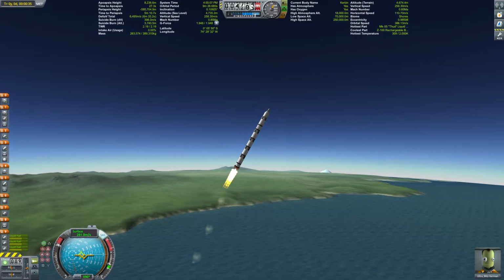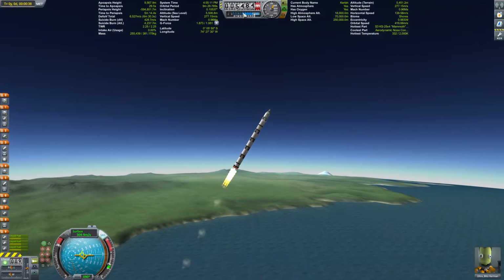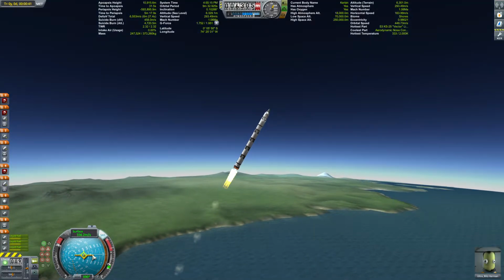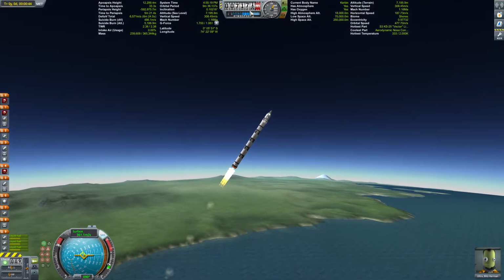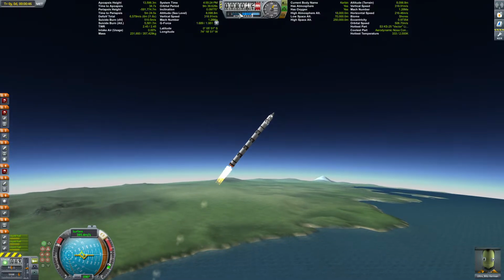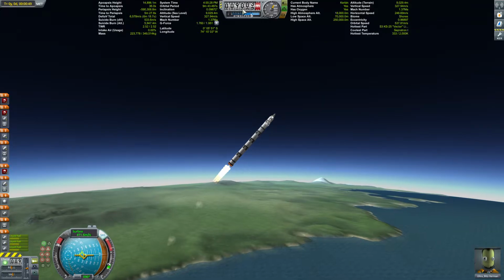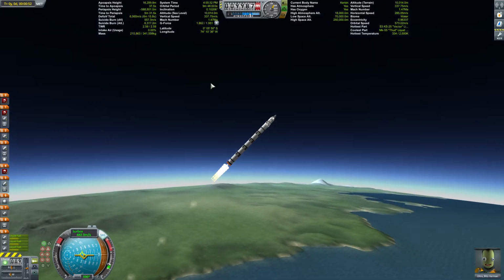And we're going to wait till this thing gets up to about 6 kilometers up. And then we're going to start another gravity turn, working our way up to 45 degrees eastward on the nav ball. So like right here. And we want to get there just before, as close as possible to, the 10 kilometer mark. So you can see we're at 800, getting to 900, 900. Now we just want to get there, adjust our inclination just a little bit.